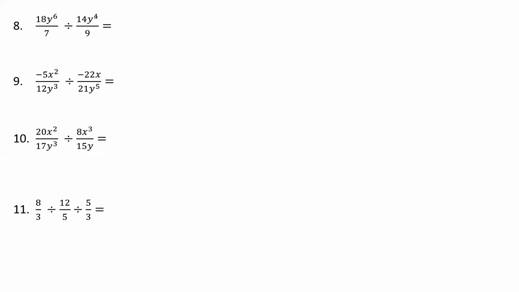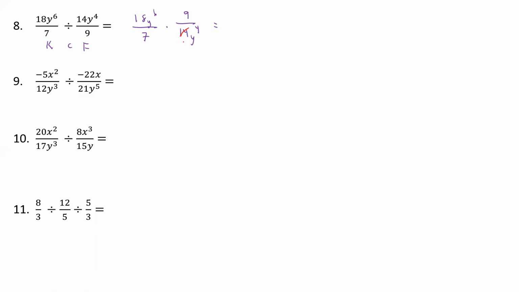All right, how about some more? Now we're having more variables. So if we keep writing our KCF, if it lets us, then we have 18y to the 6 over 7 times 9 over 14y to the 4th. And that's going to be equal to what? Well,